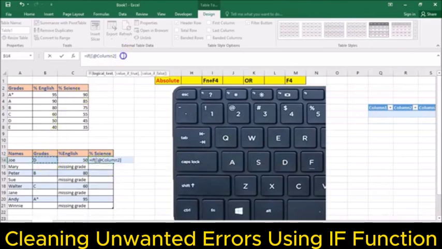If this value is equal to empty, so empty is represented by open quotes, comma. If it's true that it's empty, then I'm going to do this in speech marks, missing grade, and that has to be in speech marks as well because that's text. Comma. If it's false, if this cell is not empty, what is going to happen? So I'm going to start my